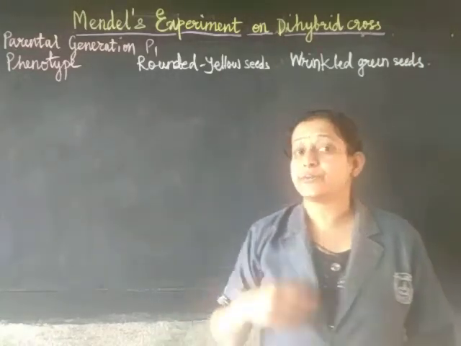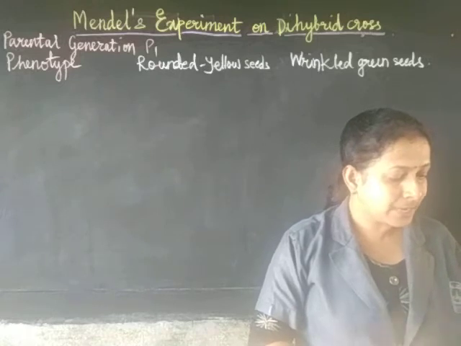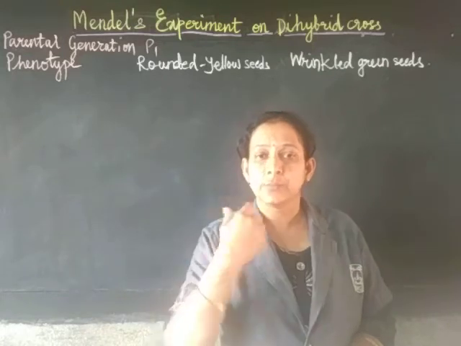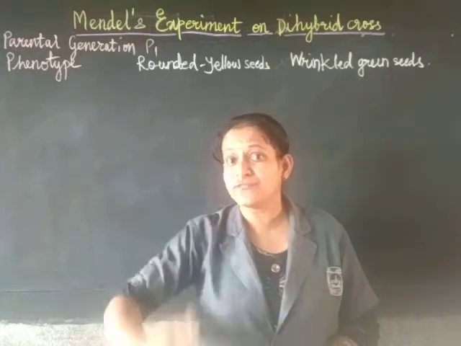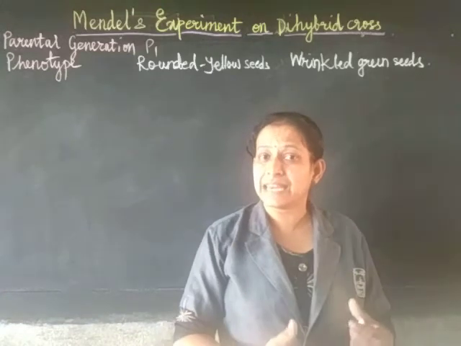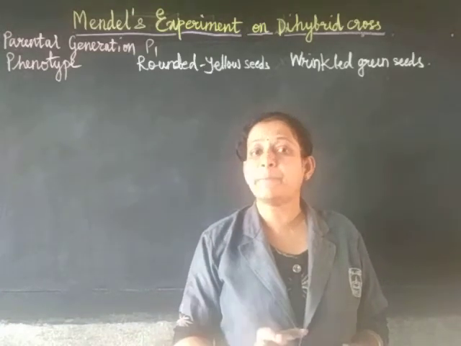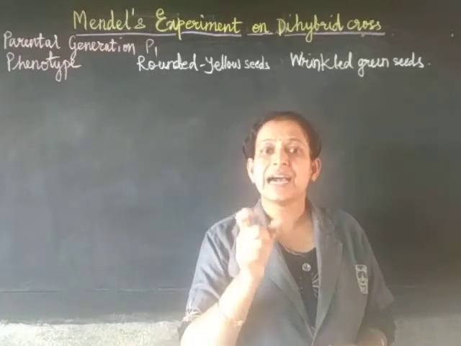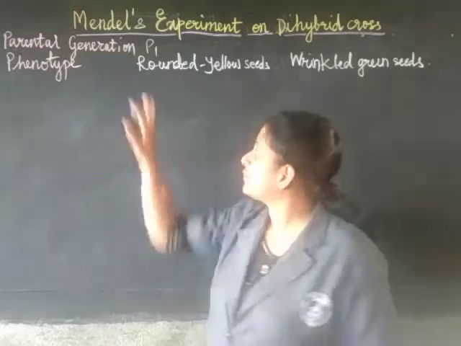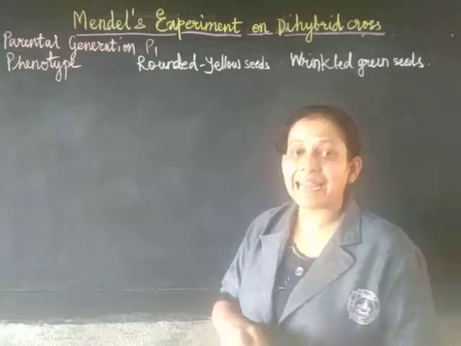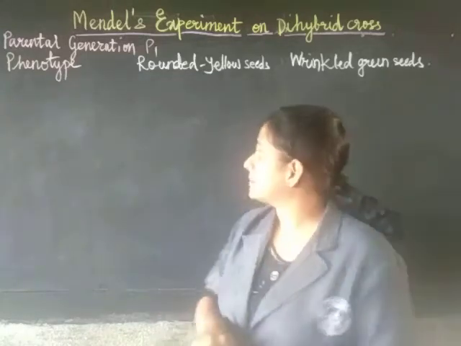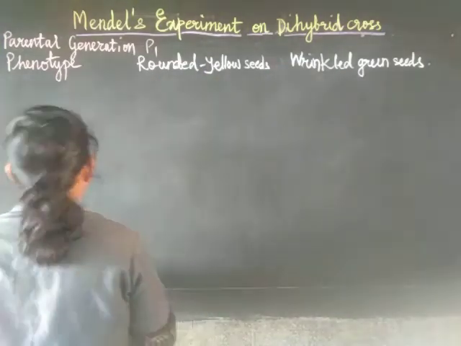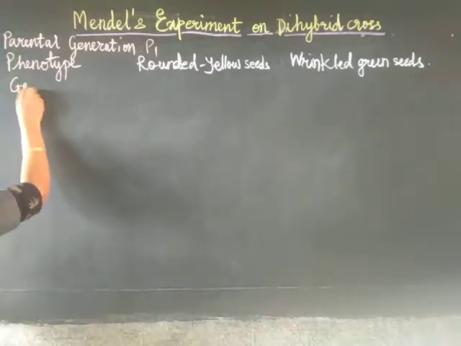Fine. Now let us try to write the genotype. Genotype is nothing but the pairs of genes for which the visible characteristics are shown. Last time you also learned that for tallness there is a pair of genes, capital TT, whereas dwarfness is small tt. So genes are in pairs. For rounded it was RR, capital R, capital R. So let us write down their genotype.